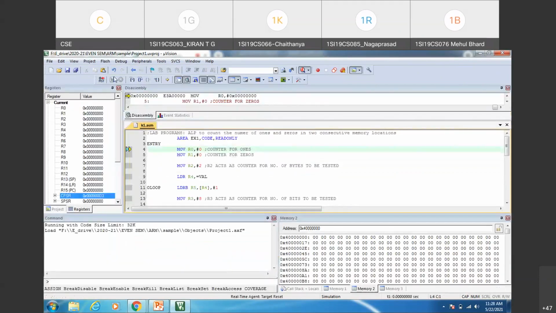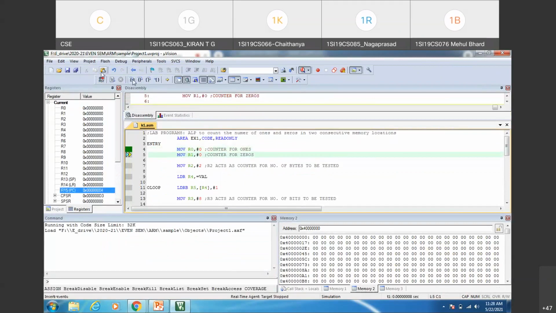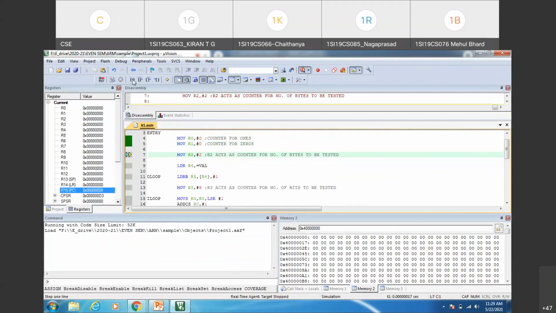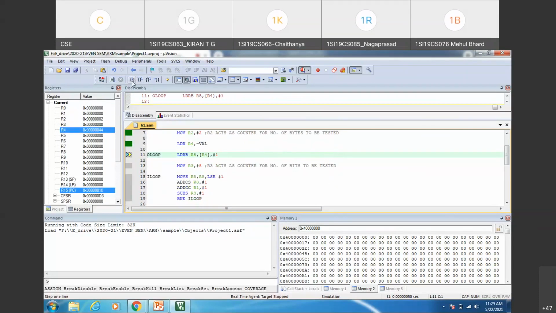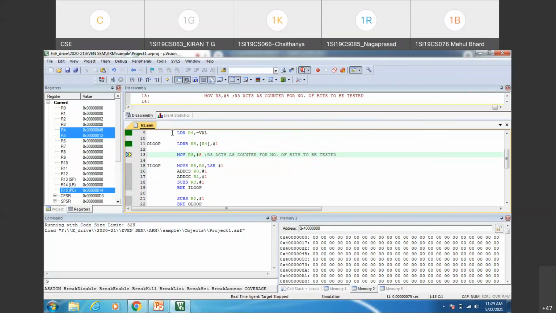See, R0 is the counter. R0 and R1 are initialized to 0, R2 is having the value 2, R4 is having the address of the location where the input is stored. Now we are fetching the data. See, R5 is having 12H. This is the first byte we had initialized in the memory. If you want, you can give that data. 44H is the address, 0x44.